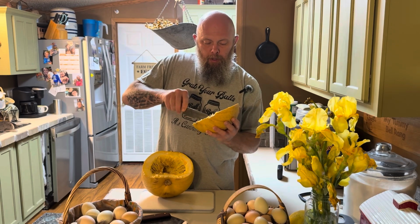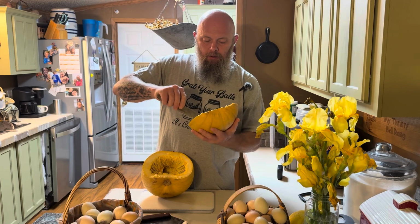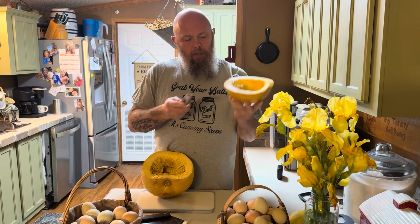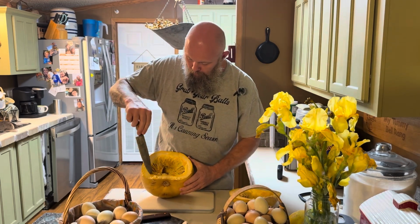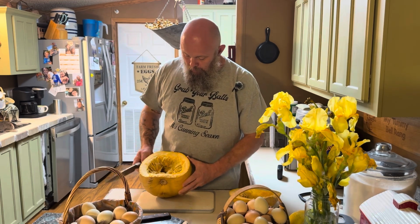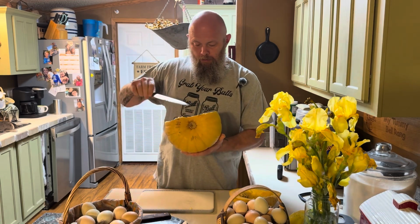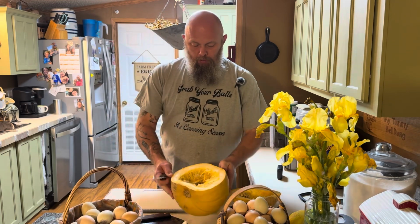So to make a pumpkin pie from scratch, you need 2 cups of pumpkin, but you don't want the outside of the pumpkin. You're only after the fruit or the inside of this pumpkin right here. You can see how much moisture is still left in here. This pumpkin was not even close to bad. It kept a long time. So we're going to cut it up,